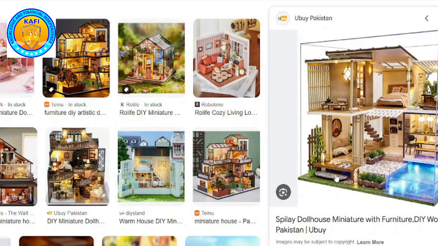Why do they make this? Because they don't want to waste money. If they make the full house, and then they think, oh my god, this is the place, we cannot make the swimming pool here, what would happen? All the money they put in there will be wasted. You understand the idea?